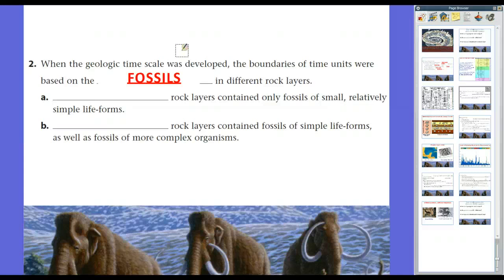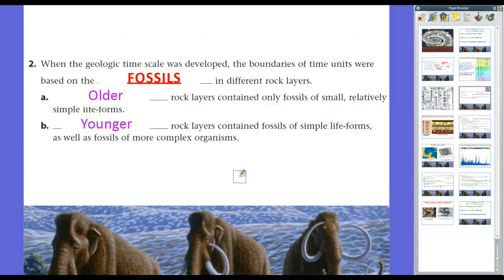Okay, and like I was just talking about with relative age dating, we found that older rock layers contain only fossils of smaller, relatively simple life forms. Okay, and they were at the bottom of the geologic columns. However, younger rock layers, or rock layers closer to the surface, usually contain fossils of simple life forms as well as fossils of more complex life forms. Okay, so it's showing that life diversified and became more and more different types: plants, animals, fungus, bacteria, archaea, okay,